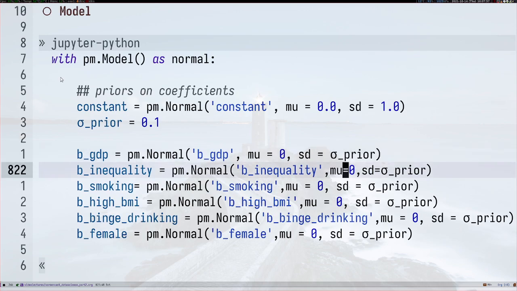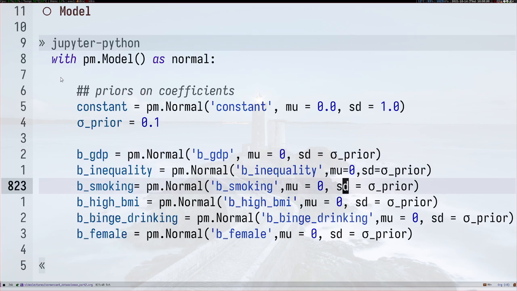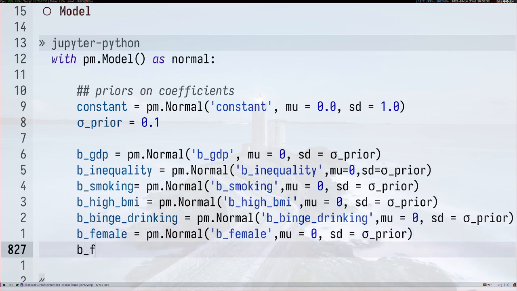So we set these priors for GDP, inequalities, smoking, how much people smoke. I think this is the fraction of people smoking more than 20 cigarettes a day, if I remember correctly. Whether somebody has a high body mass index, binge drinking, and a dummy variable for whether somebody is female or not, because we already noticed that female mortality tended to be lower than mortality for males. And we also noticed that there was an interaction with GDP, so we'll also have a prior for